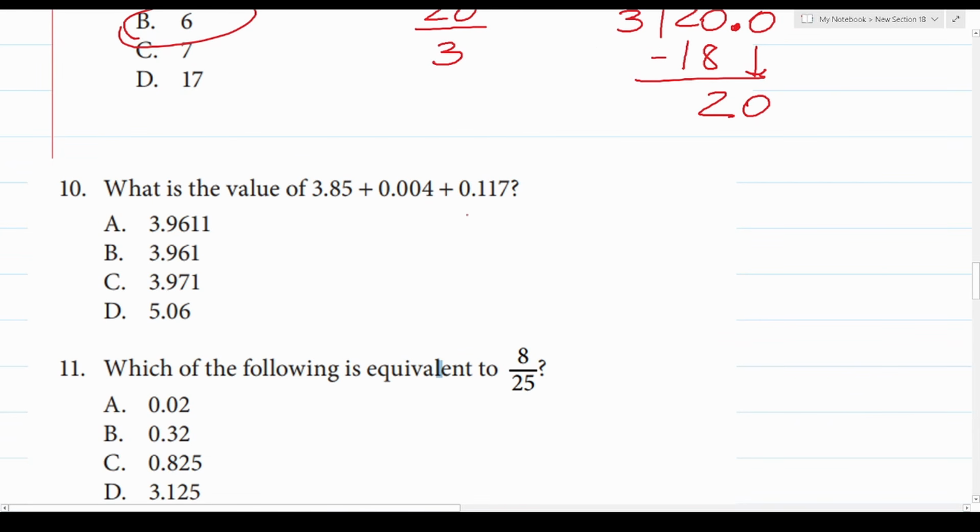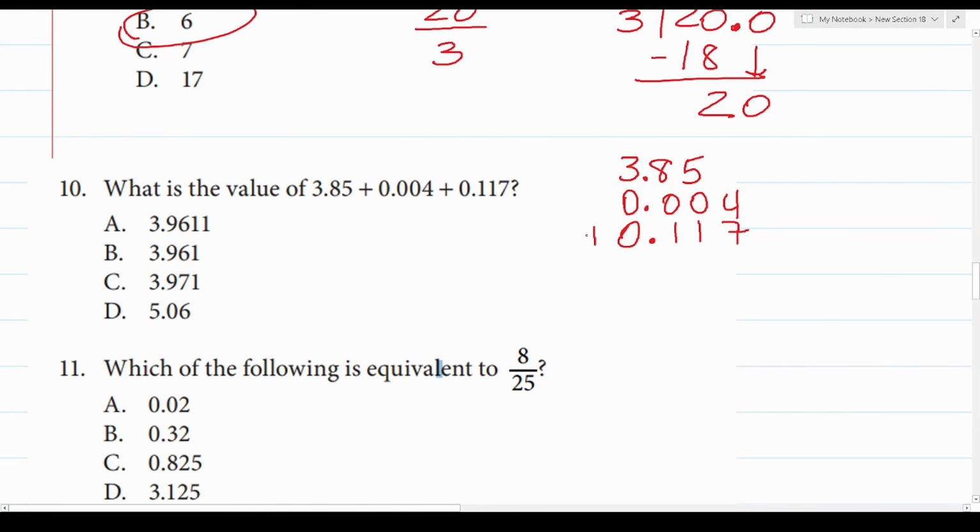All right, number 10 says, what is the value of 3.85 plus 0.004 plus 0.117? So in other words, we want to add these 3 decimals together. When I have to add decimals like this together, I'm going to do it vertically like this. 3.85. I'm going to line these numbers up such that the decimal places are in line. So I have 0.004, and then finally I have